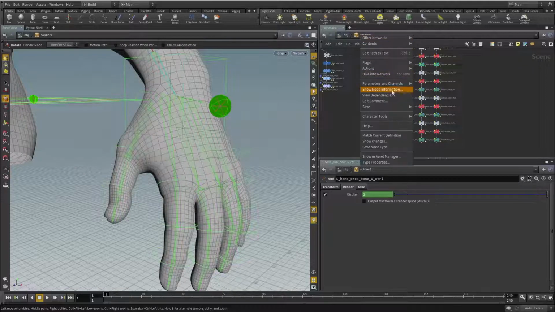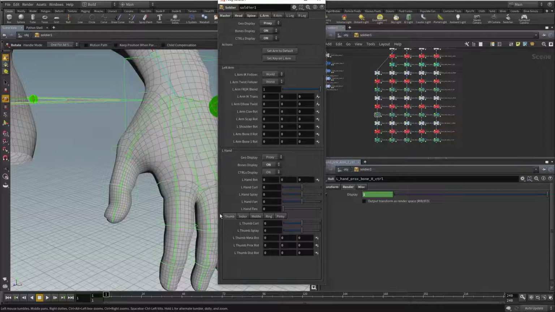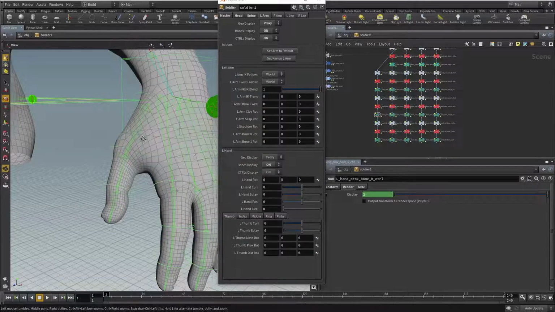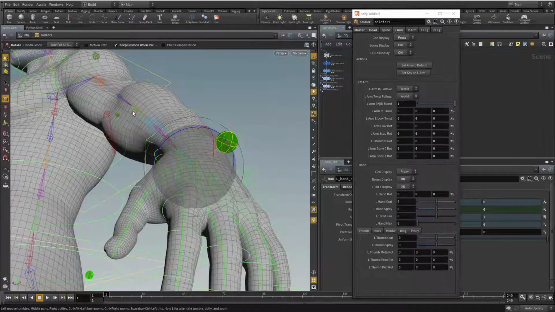And then our parameter pane will also be very simple. We'll group the hand parameters in a little group box here. We'll have a geometry display, a bones display, controls display. The hand rotation will also drive the twist that we were talking about in our arm, so we'll implement that